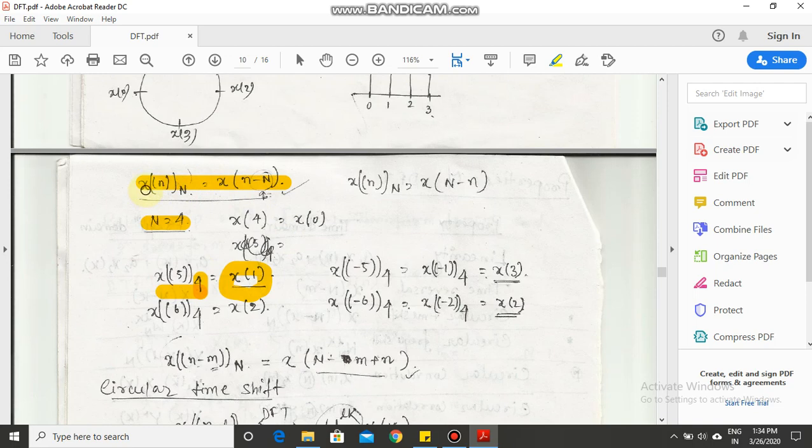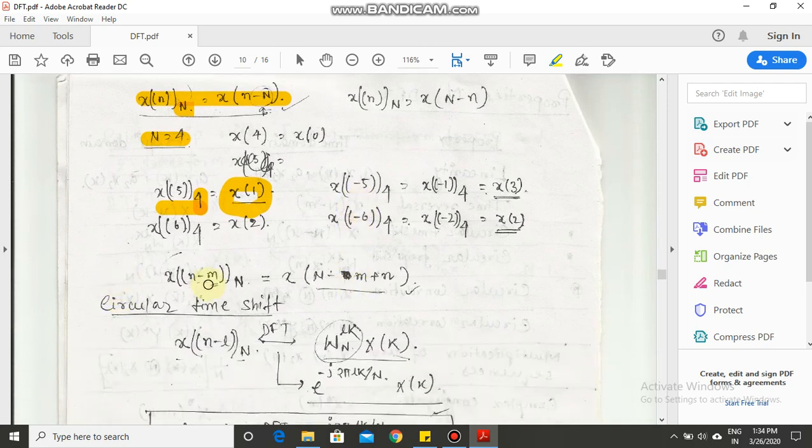So this is basically the modulo operation. How will we pronounce this? I will read this expression as x of n modulo capital N, okay. So that is x of n minus 1. This modulo operation is basically keeping all the samples in our vision. So this is the general description of a modulo operation.